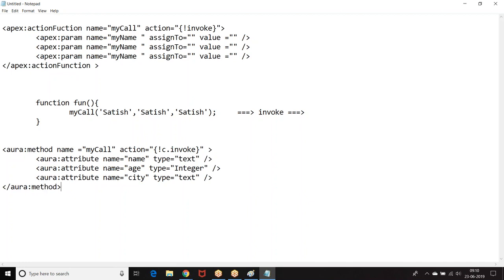This is how I give. If any component wants to invoke it, right. So that's a function. This was a child component. I have some, let's say,